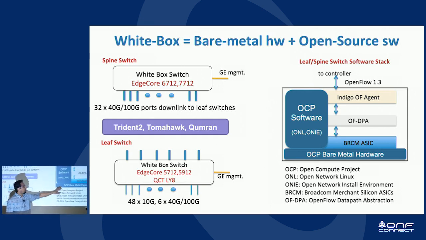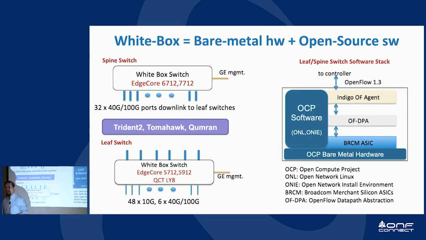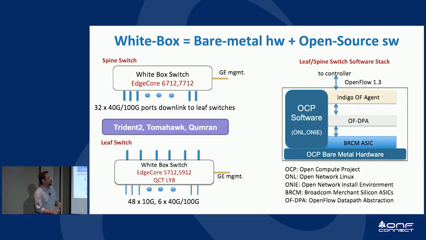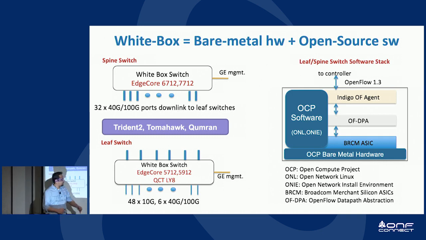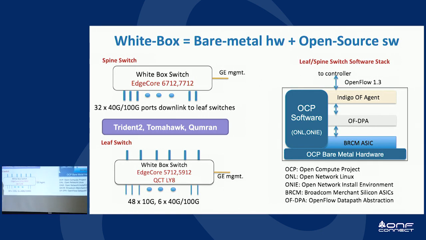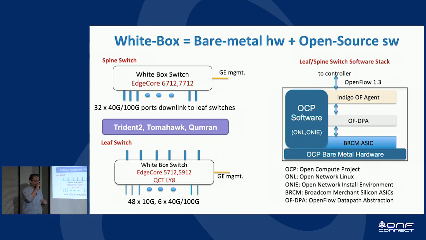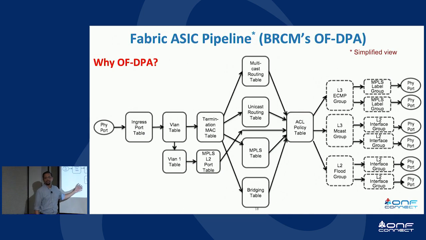We use software that comes from the Open Compute project. So ONL as the base Linux running on the box with a number of drivers, ONIE as the bootloader, and then we use software that comes from Broadcom. It's called OFDPA, or OpenFlow Data Plane Abstraction, that just like VOLTHA presents a picture of the hardware to the SDN controller. Okay, so if you remember, VOLTHA presents a picture of the PON to the SDN controller, and what OFDPA does is that it gives you a picture of the pipeline inside the switch to the SDN controller.